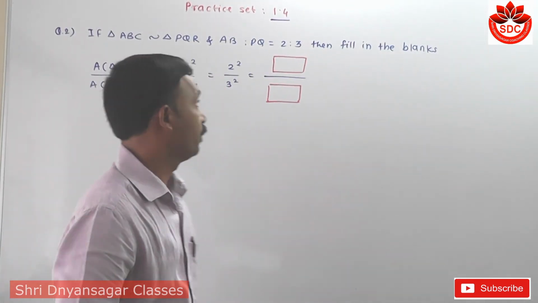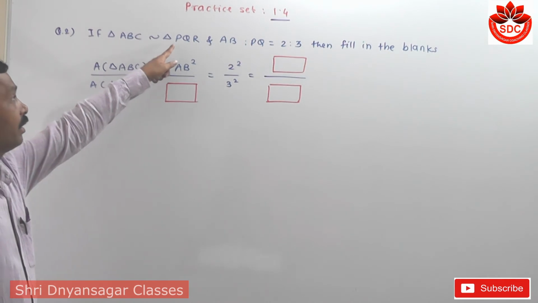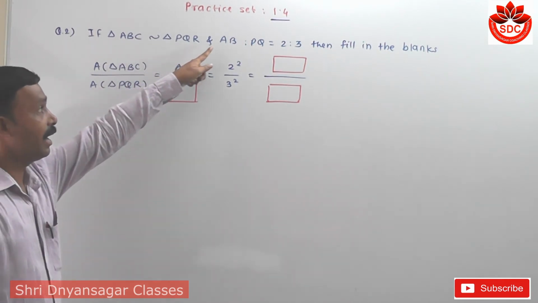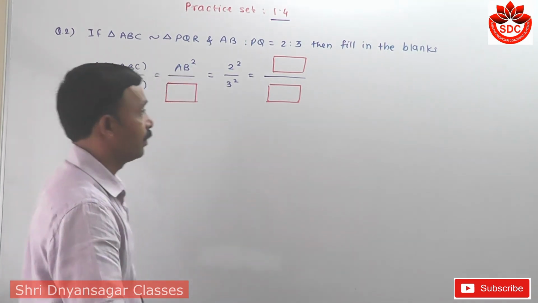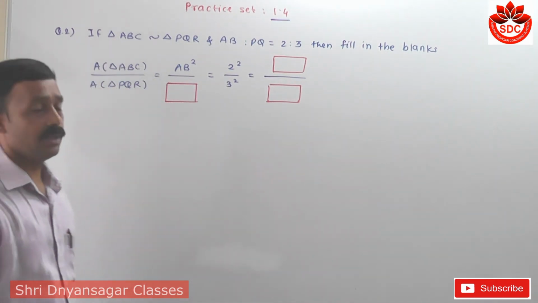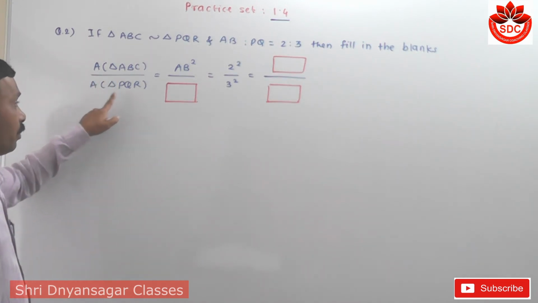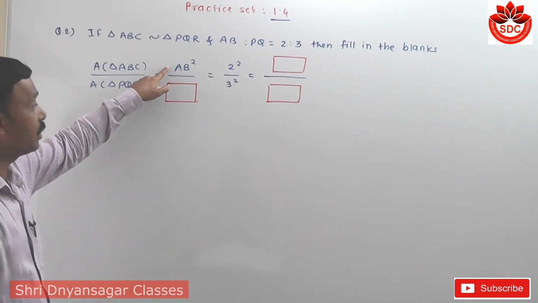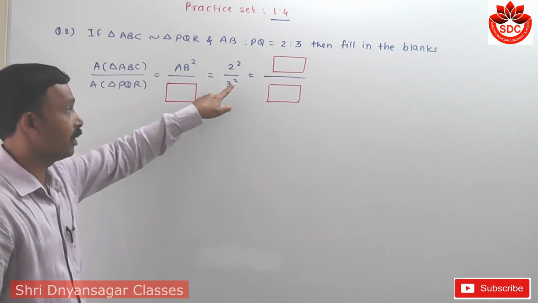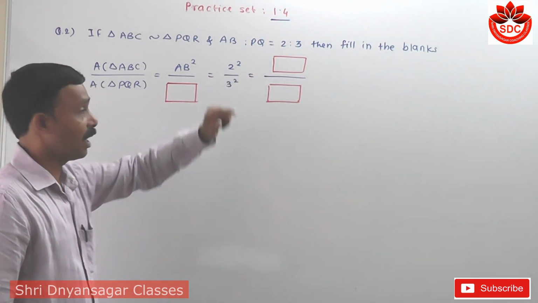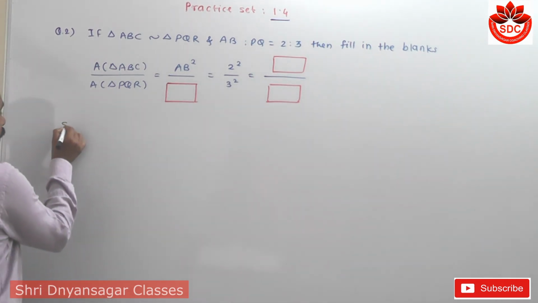Now the second question. Triangle ABC is similar to triangle PQR, and AB as to PQ is 2 as to 3. Then fill in the blanks. This question can be asked in your examination for 1 mark. Area of triangle ABC upon area of triangle PQR is equal to AB square upon this box is equal to 2 square upon 3 square is equal to 2 box are given here. Now its solution is that,